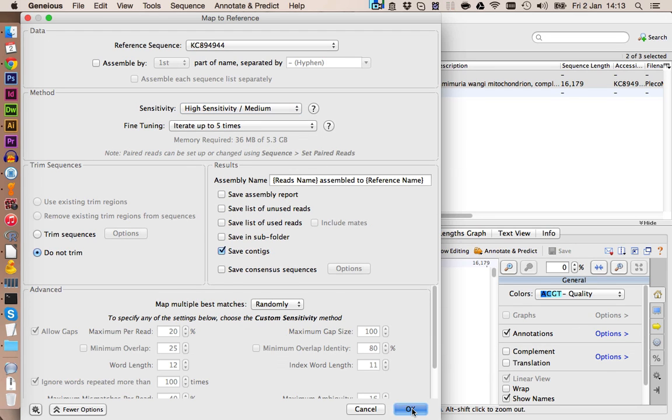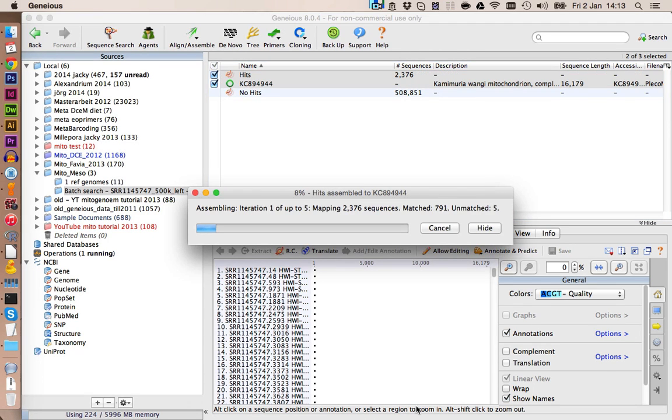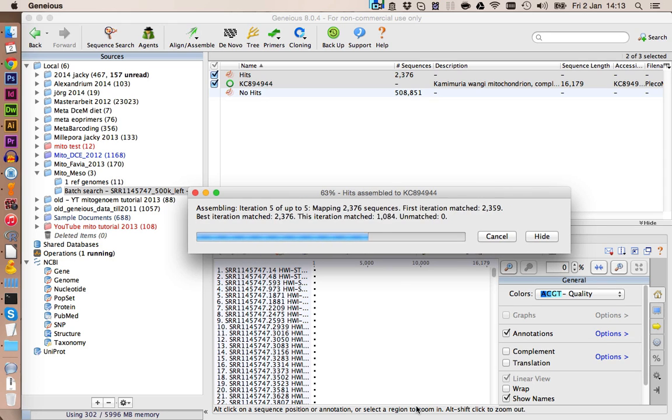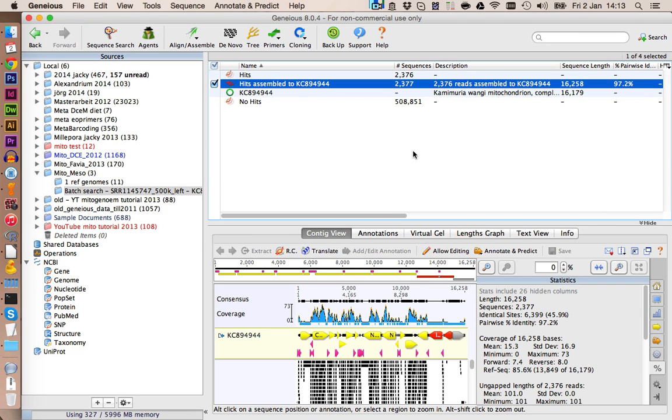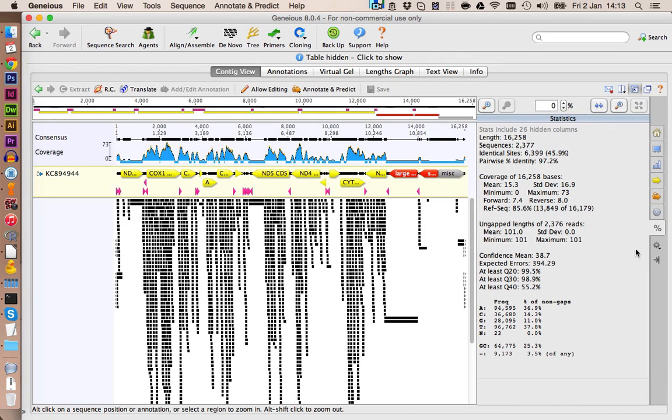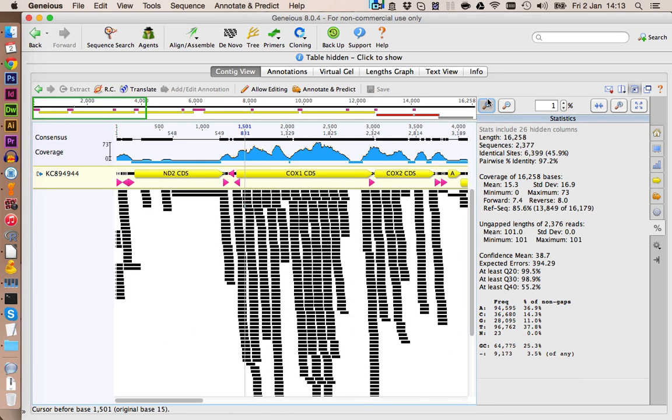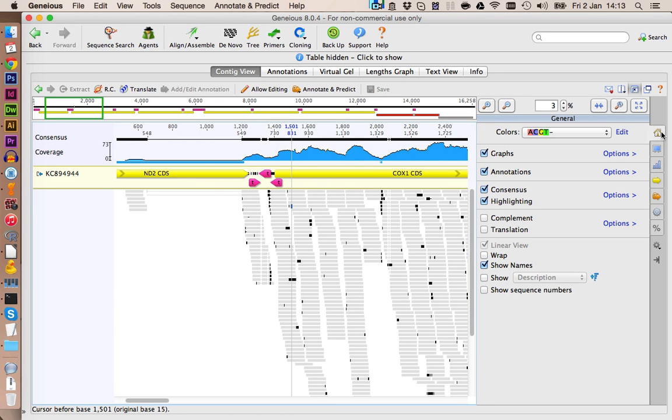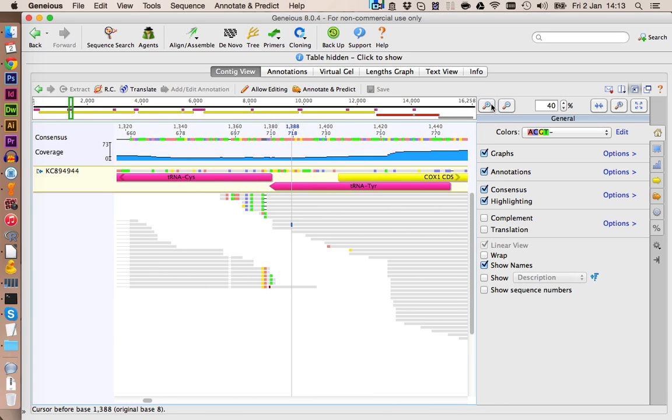Let's click on OK. We can see here that almost all hits were assembled. Let's take a closer look at the results. Let's zoom in a bit. And you want to make sure that highlighting is activated. If you take a closer look, even here some things are still a bit off, but we don't worry too